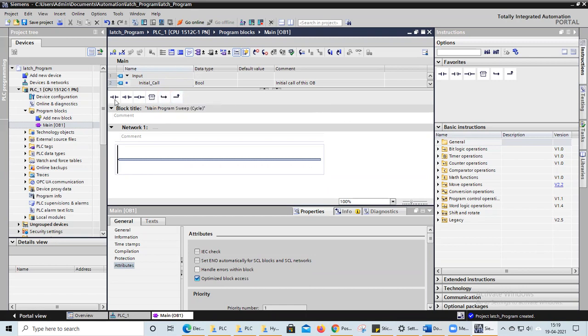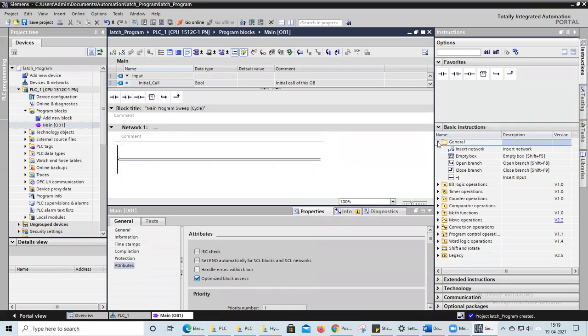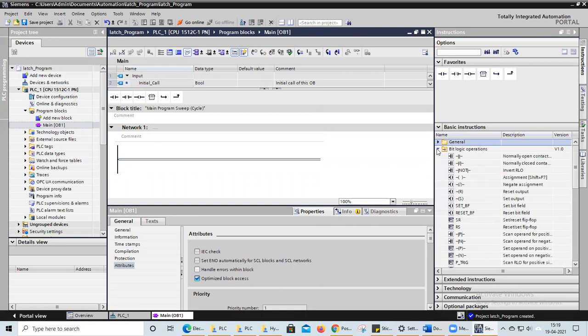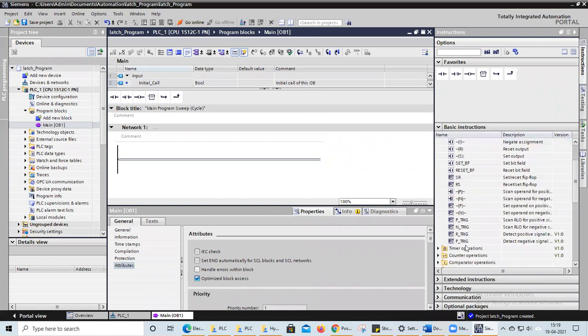If we want more number of components to be added in this network, here in basic instructions you can see it on my right side. In general we'll have different kinds of branch applications and bit logic operators, normally open, normally closed, not operation, coil operation, negation operation, whatever we want we can take it from here. We can just drag and drop.